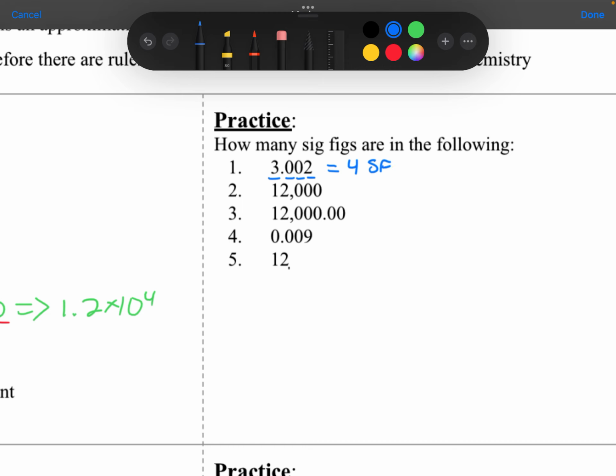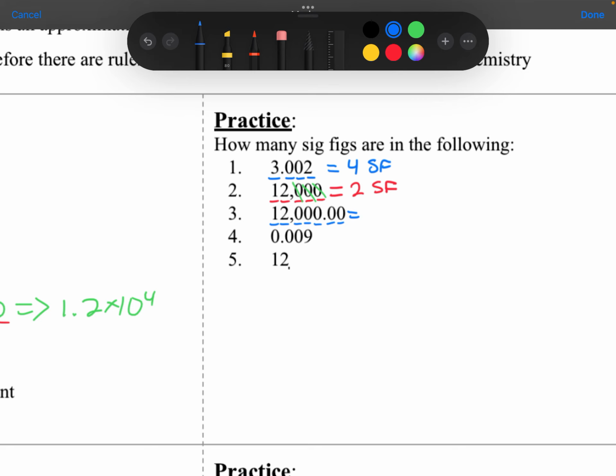significant figures. Our second number, 12,000, has a total of 1, 2, 3, 4, 5 digits in it. But I could get rid of these 3 zeros by writing that number in scientific notation, making them placeholder zeros and therefore insignificant. So this number only has 2 significant figures. The number right below it has a total of 1, 2, 3, 4, 5, 6, 7 digits in it, excuse me. Now,